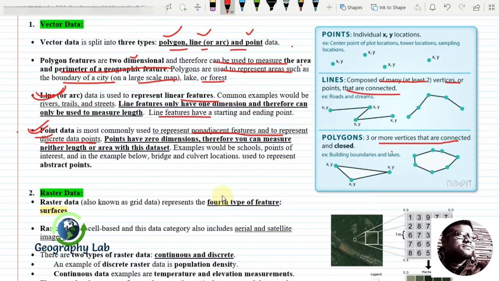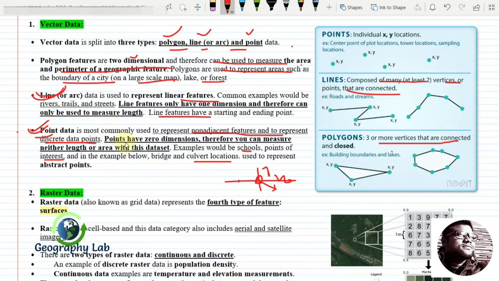For example, a culvert location, a school, or a road intersection: that particular point has one x and one y value, and this lat-long value, where it coincides at this particular section, we can represent through the point.